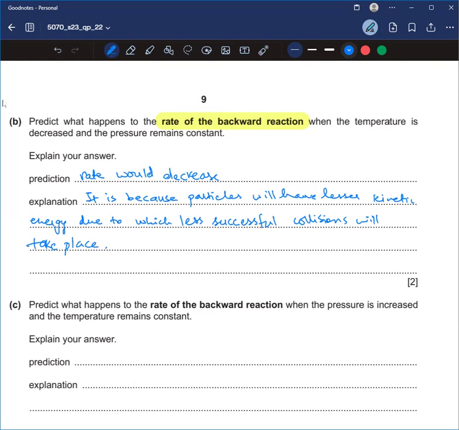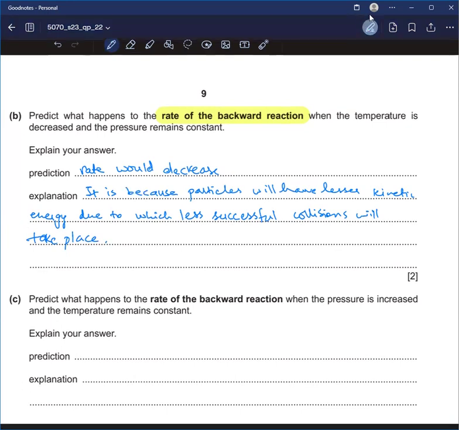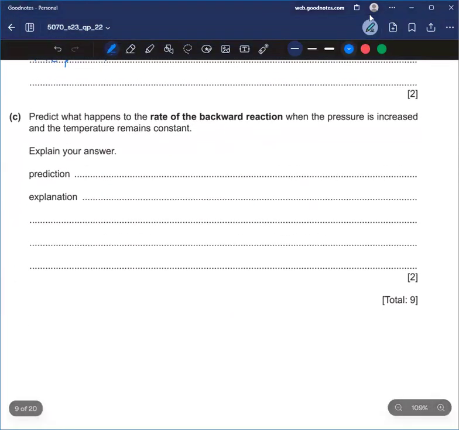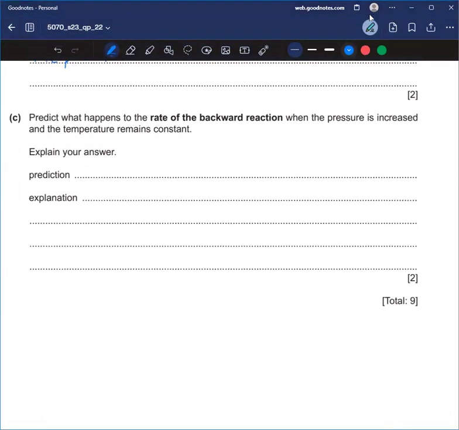So let's move on towards part C. Predict what happens to the rate of backward reaction when the pressure is increased and the temperature remains constant. So, as we know that increasing the pressure increases the rate of reaction. Should we write the rate would increase because,